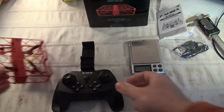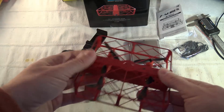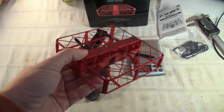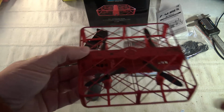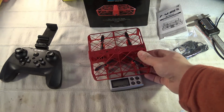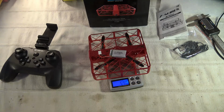So let's now focus on the quadcopter. Basically the plastic is a kind of recycled plastic, not super smooth, this type of hard plastic. And I think if a big crash occurs, the plastic will crack and split into different parts, but it sounds more or less quite solid. Let's check at least its standalone weight. We have something about 47.2 grams, and if I add the battery weight, we reach 59 grams, so a little bit less than 60